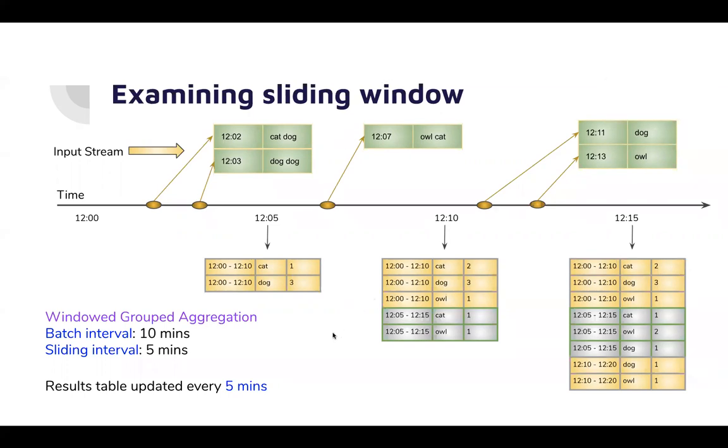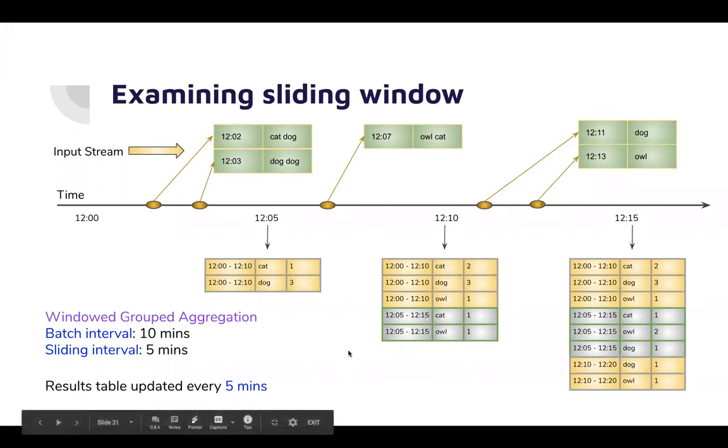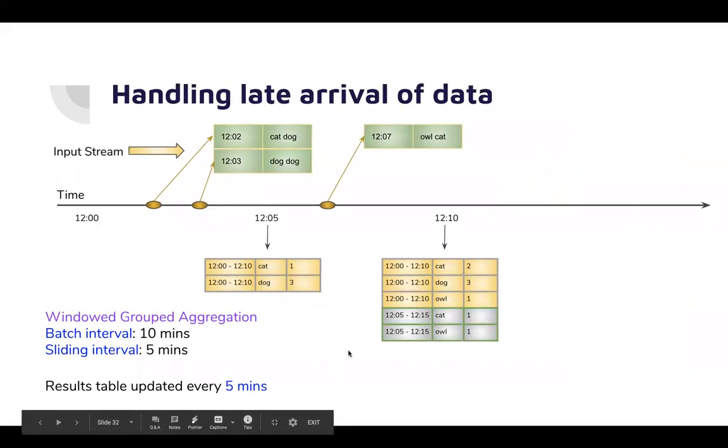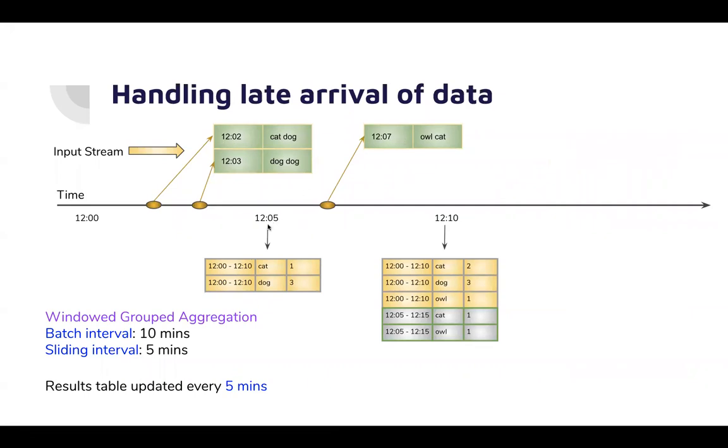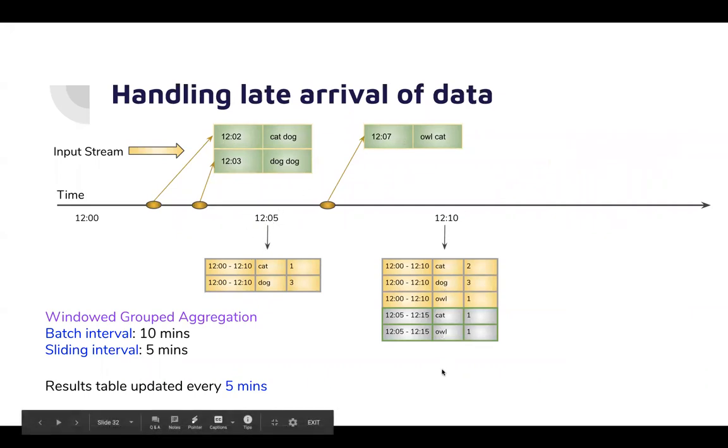In window processing, there could be events which appear late in your processing, and they may impact the processing of the previous window. How does that happen? Let's see. So far, we have received certain words at different points of time, and we have generated the output at 12:05 and 12:10, as you can verify over here. This is the same example as we saw before.